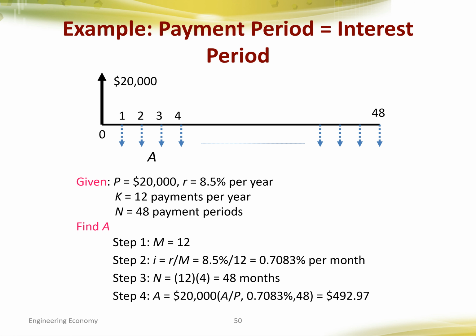Multiply by 20,000, we get 492.97. So 492.97 will be the amount that we will pay every month at the end of the month for 48 straight months. Okay. And this 492.97 payment for 48 months, the value of it will be equivalent to 20,000 at the present time,